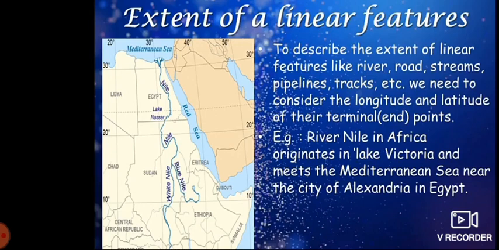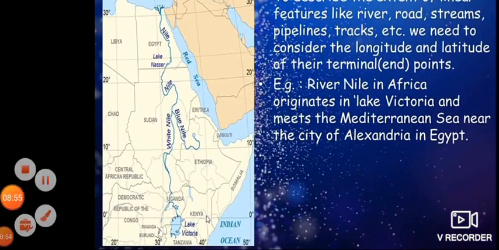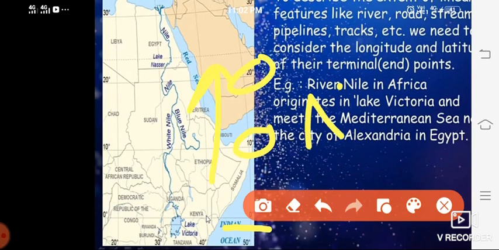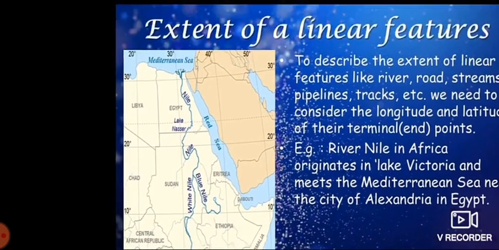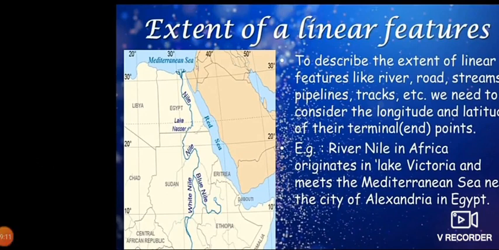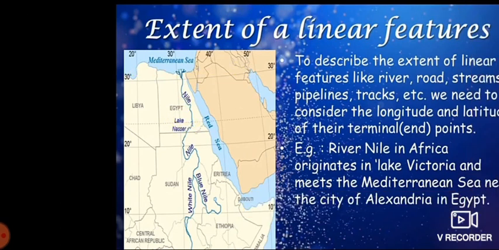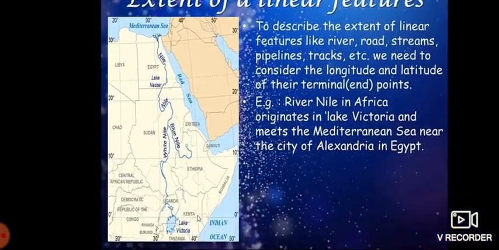Now first we will see which hemisphere this river Nile is in. If you see here where it originates, we have 0 degree. Then we have 10 degrees, 20 degrees, meaning it is increasing upward. So it will be the northern hemisphere. Now if you see at this side, it is increasing to the left-hand side, meaning it will be the eastern part. So now we will see how to exactly locate its extent.